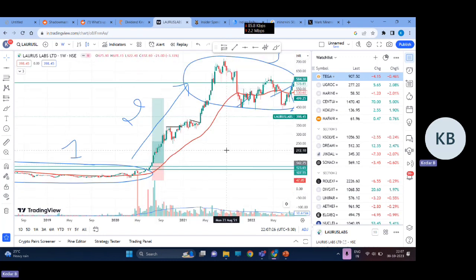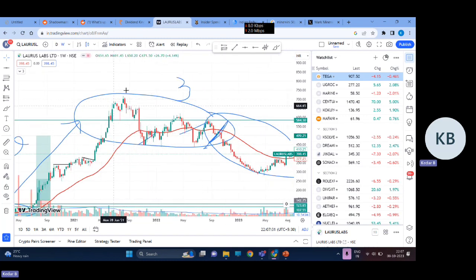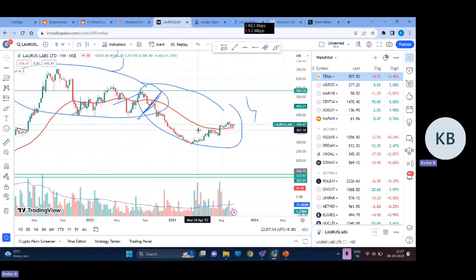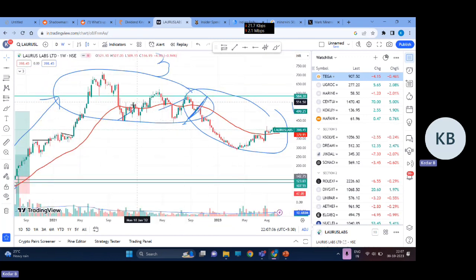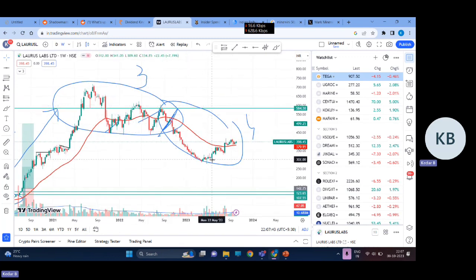It made a huge, humongous rally of 200%. Stage three, it again flattened out, the moving average flattened, and in stage four the moving average dropped down. You can see here, when a secular leader makes a top, there is a 50% chance of it falling by 80%, and there's 80% chance that